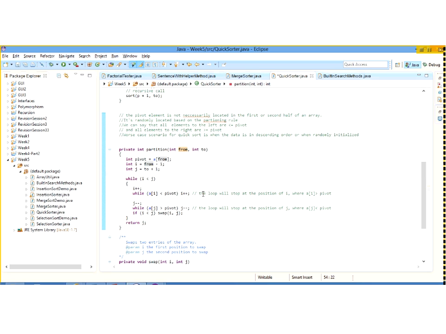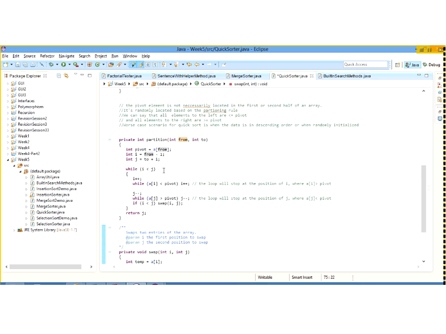Then, while I is less than J, what does this mean? While I is less than J, because if I is greater than J, this means what? I'm out of my partition. Sorry, I starts from the left, and J starts from the right. So now, as long as we are inside this array,